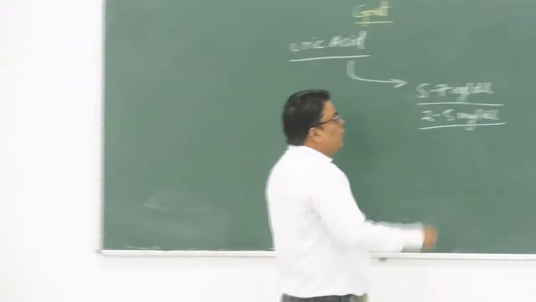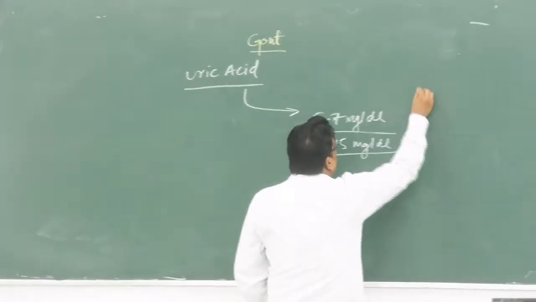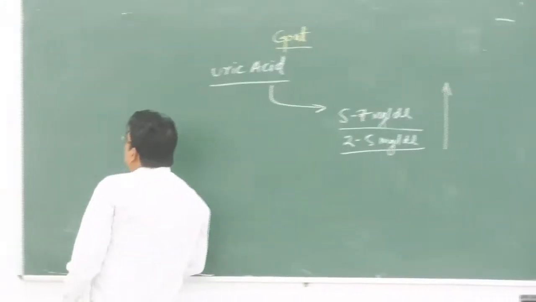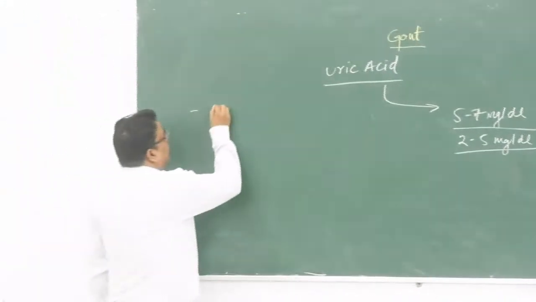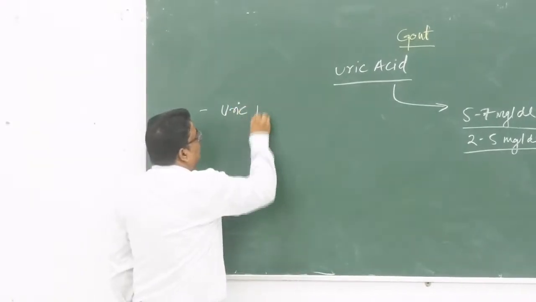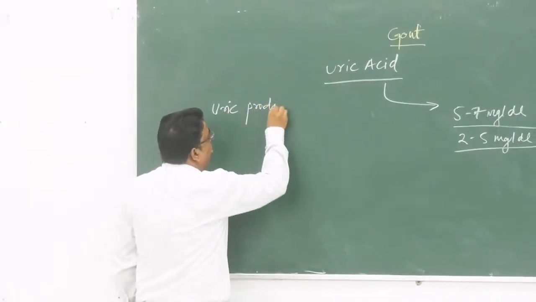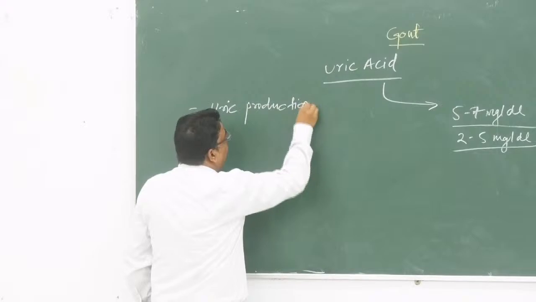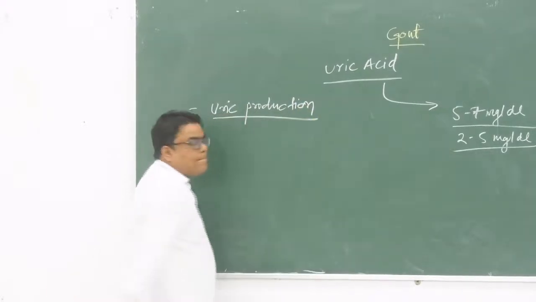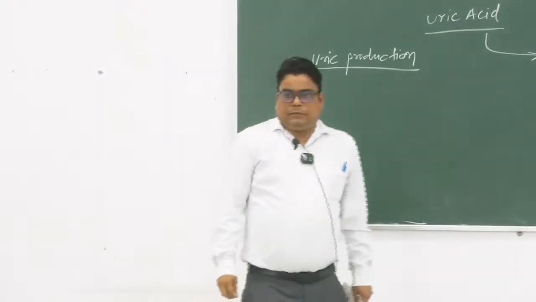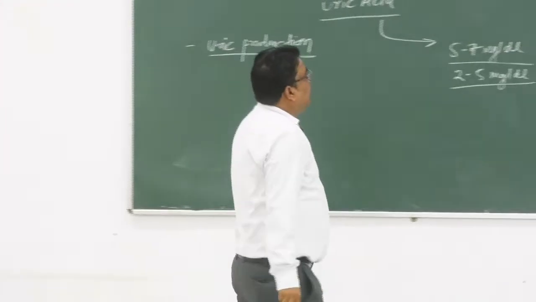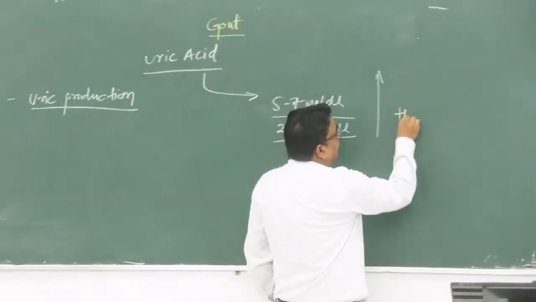If the value of uric acid is high, uric acid production is more. This condition is referred to as hyper